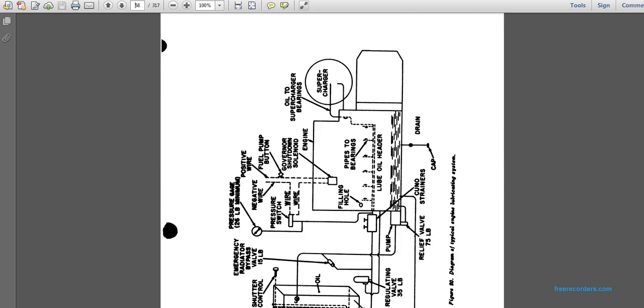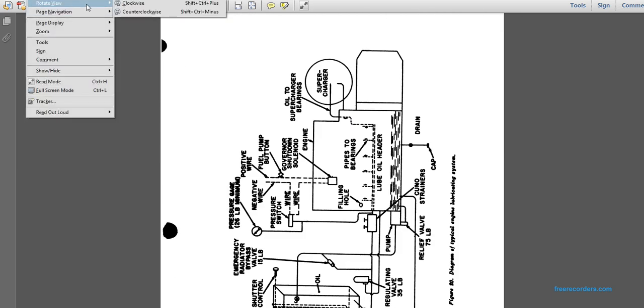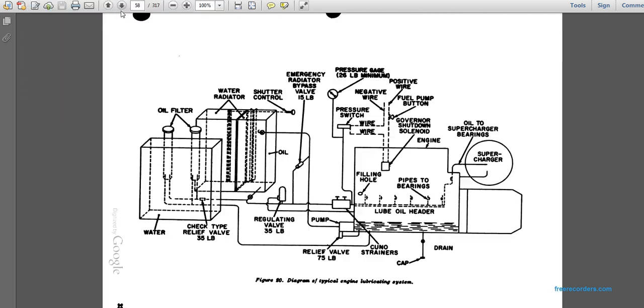Here's another picture, turn this clockwise. Alright, this is the diagram of the typical lube oil system of the engine, starting from the water pump. Water is on the bottom. The check type relief valve is in between the oil filters and the water radiator shutter control, and then through an endpoint. From the water pump and the oil filters, it goes into